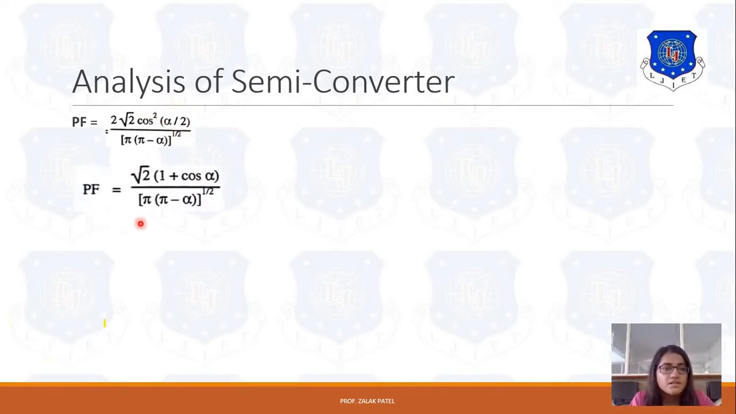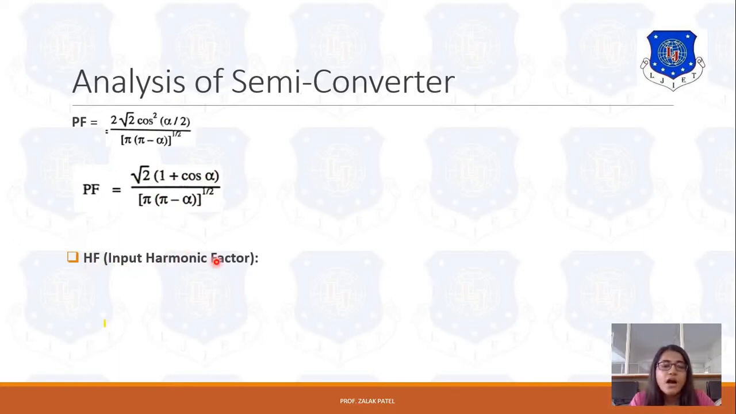If we rearrange this term, it could be like this. Here cos square alpha is equal to 1 plus cos 2 alpha by 2, so cos square alpha by 2 can be written as 1 plus cos alpha divided by 2. This 2 and 2 will be cancelled out. So the power factor can be written as root 2 into 1 plus cos alpha upon pi into pi minus alpha, raised to 1 by 2. So now